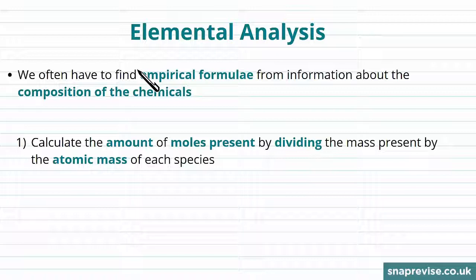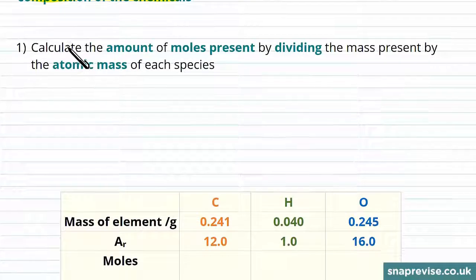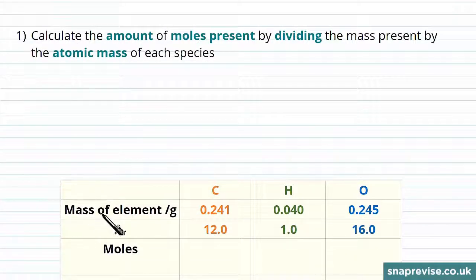of. We often in this process want to find the empirical formulae, which you learnt about last year, from information about the composition of the chemicals. So we'd start off by being told the mass of a particular element within the compound, and we use these masses to calculate the amount of moles present, first of all, by dividing it by the atomic mass of each